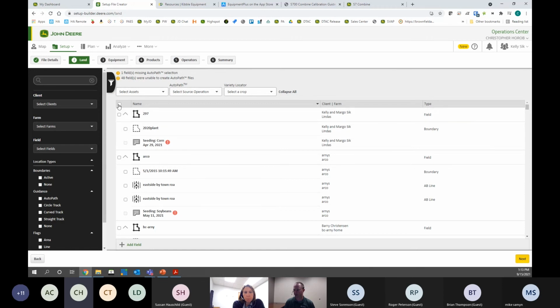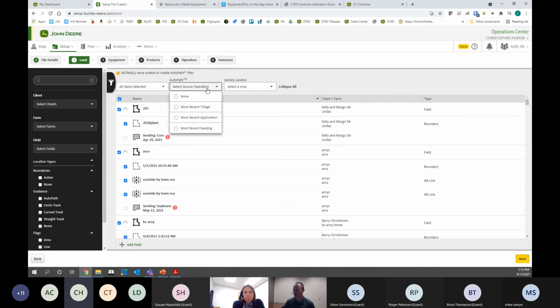So first, I'm just going to select all my fields. Source operation, I'm going to use most recent seeding, because if you did use this on a strip till rig, it would also select that. And this right now, you can see this file. This is something new. This is an auto path pass, but it's giving me an error because Margot, you guys didn't have a StarFire on your planter this